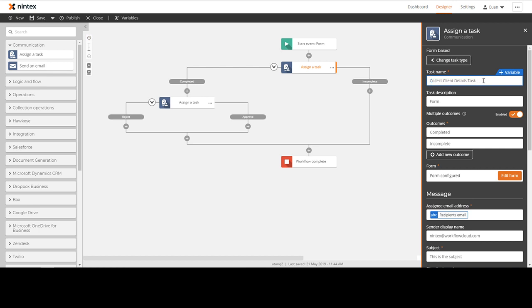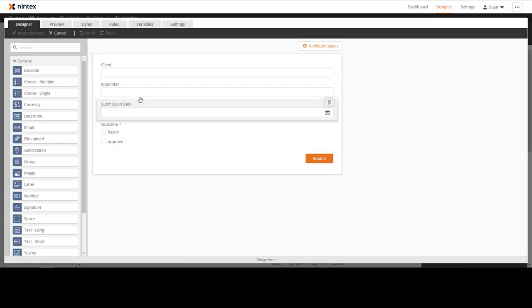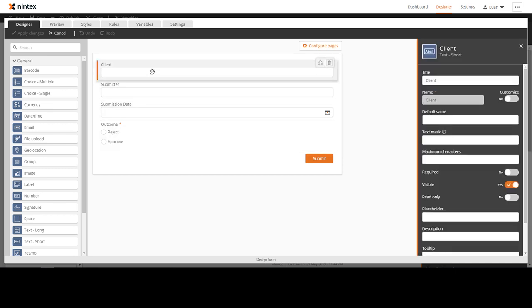Now, that's important because if we go into our second assigner task action, we'll click on this and we go to edit form. What we'll notice is we've replicated the same form. So we've got client, submitter, and submission date. Now, this is a separate form, so they're separate fields. So they're going to have separate variables. Now, if we wanted to populate the client, the submitter, and the submission date from the previous assigner task action,